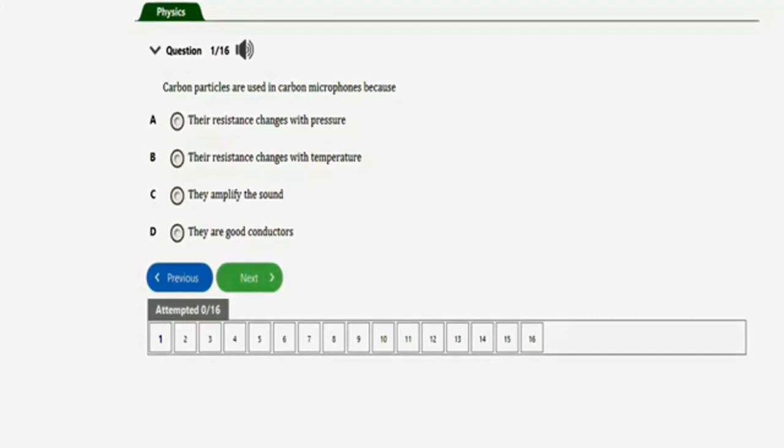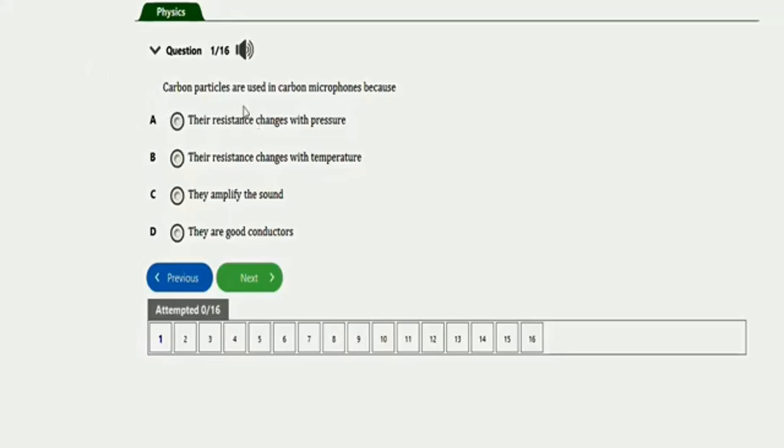In this video, we are going to learn how to solve these physics exam repeated questions under magnetic field. So we have 14 repeated questions to practice with in this video. So let's get started. The first question I have here says carbon particles are used in carbon microphones because option